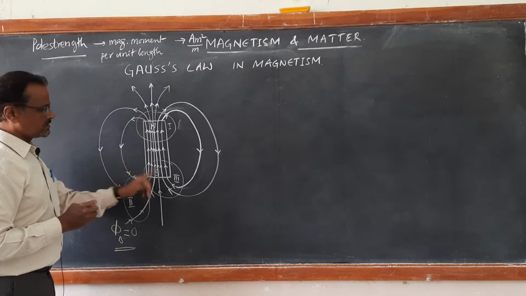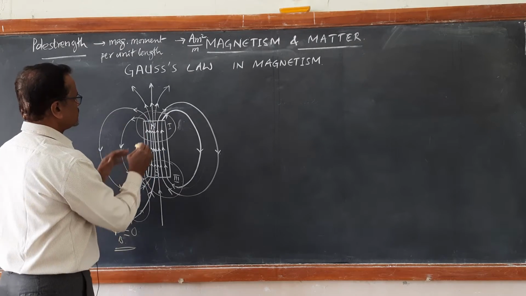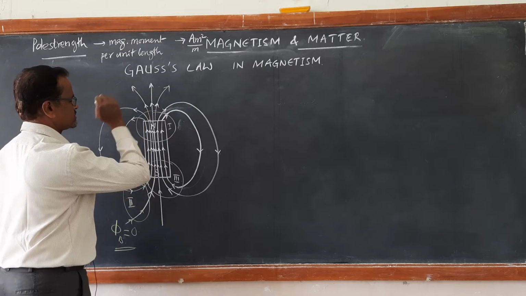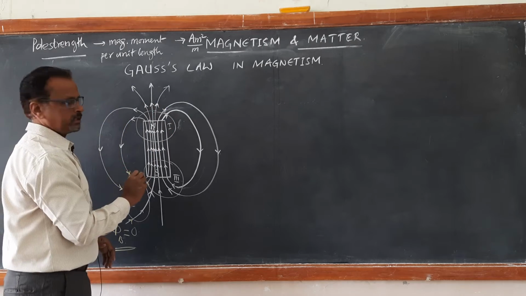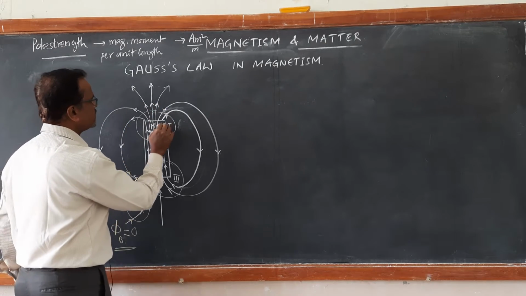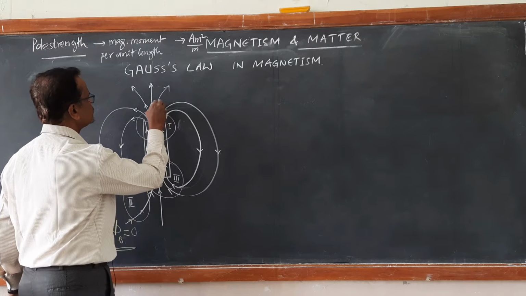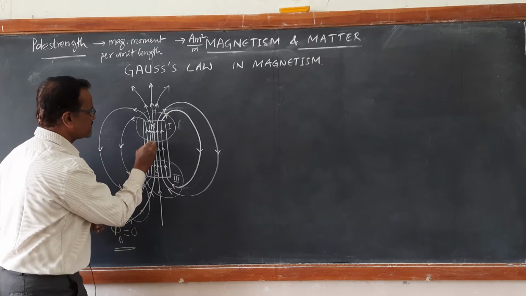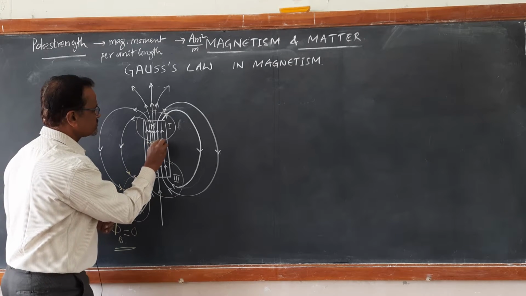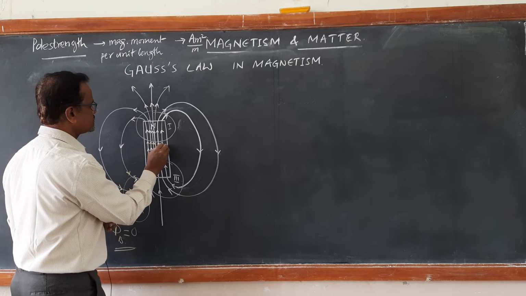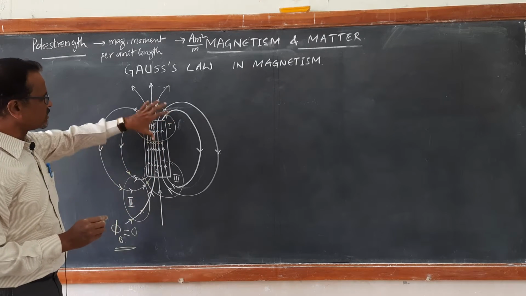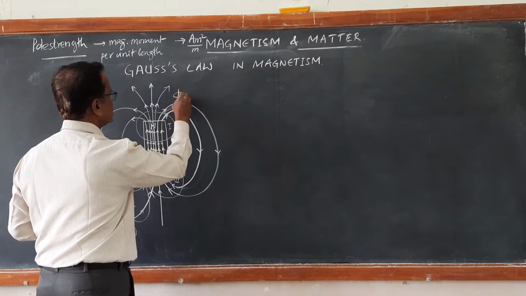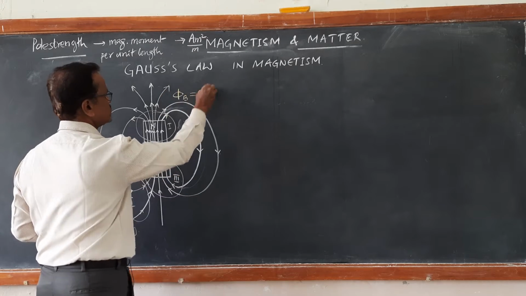Now come to the first region and third region. In the first region, look at this, it is having a large number of field lines emerging out, right. If you choose this first region enclosing the north pole, very interesting thing, the number of field lines that are emerging out, 1, 2, 3, 4, 5, 6, 7, which I have drawn, is exactly equal to the number of field lines entering, 1, 2, 3, 4, 5, 6, 7. So the number of field lines entering this enclosed surface is equal to the number emerging out. Again, the flux enclosed in this first region is also 0.